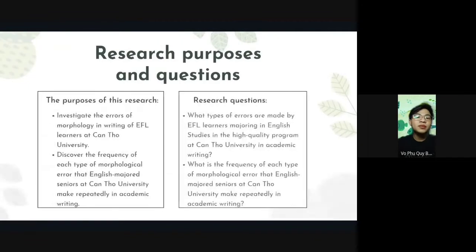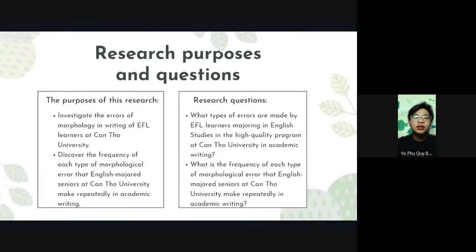The purposes of this research are to investigate the errors of morphology in academic writing of EFL learners at Cantor University and to discover the frequency of each type of morphological error that English major seniors at Cantor University make repeatedly in academic writing. And about the research questions,